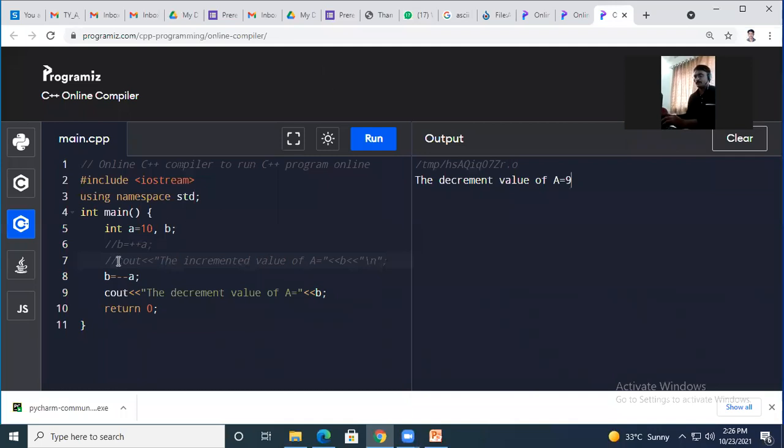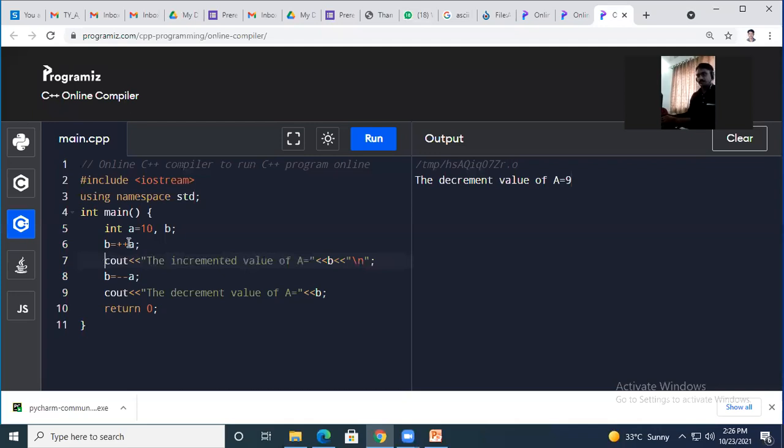Yes, sir. Because here the value of A variable is 10. Now here 10 minus 1 is 9, and it will display the 9. But what happened in the previous case? See, I have made use of a comment here because I don't want to execute these two lines. ह्या दोन लाईन मला execute करायच्या नाहीये. म्हणून मी काय केलं, ह्या दोन लाईनला, if you check here, I have made comments.